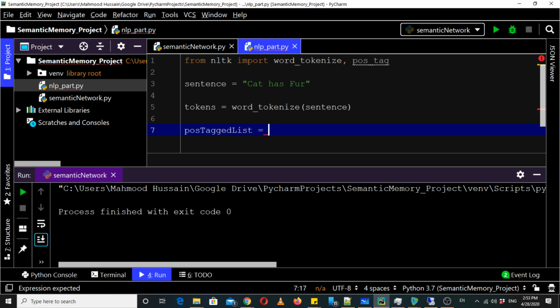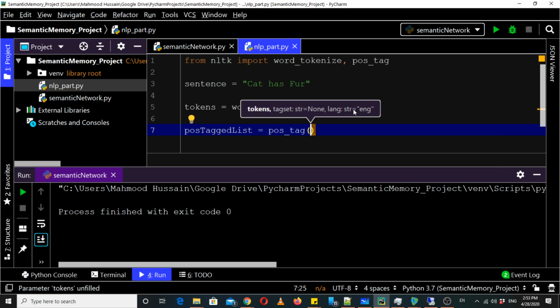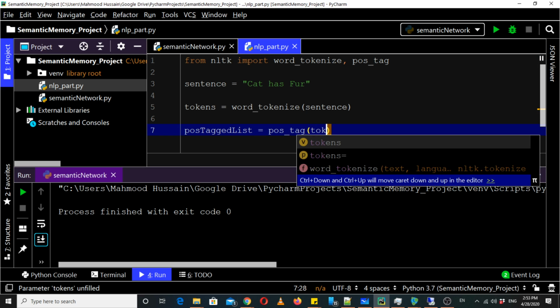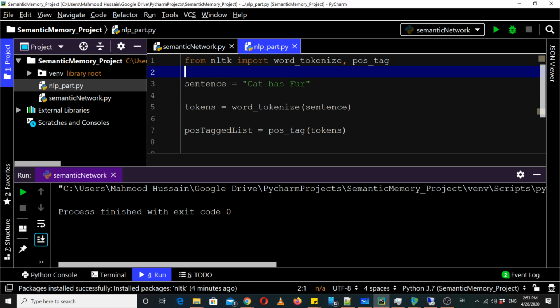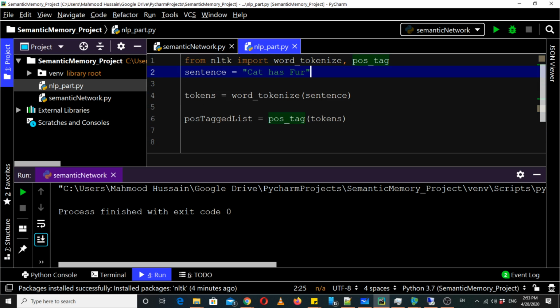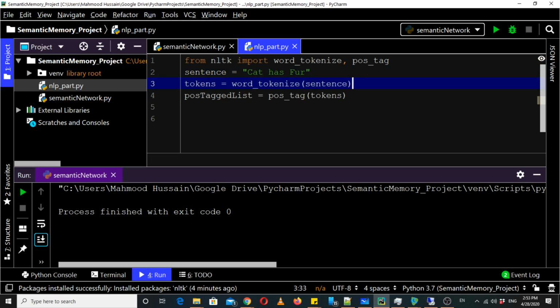For that we can call the POS tag function of NLTK and pass it tokens. We just need to use a print statement to see whether this function has identified the required attributes or not.